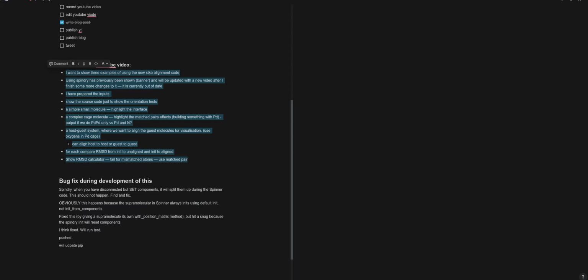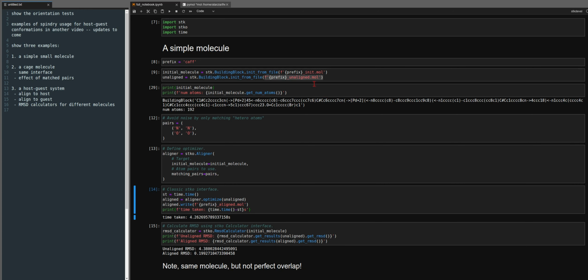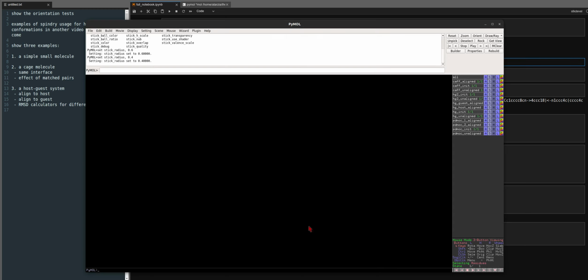So I just want to show three examples of it being used with STK molecules, and I've already run it because it takes a bit of time to run the code, and I just want to run through step by step what happens. So we start by importing stk and also the time module to time these things. We have a simple molecule, caffeine, so if we get up PyMol, you can see the initial molecule, the unaligned molecule,